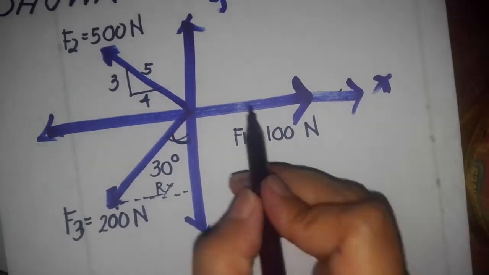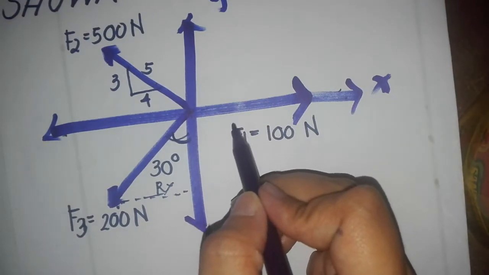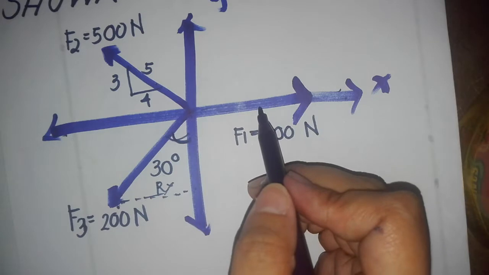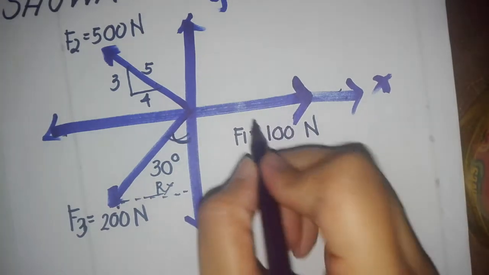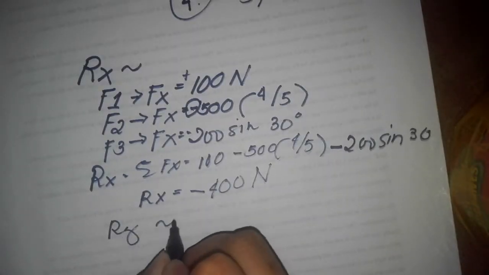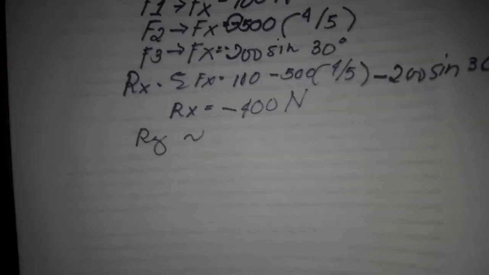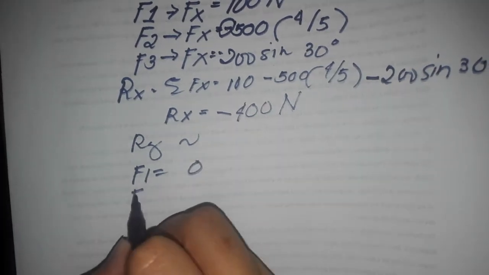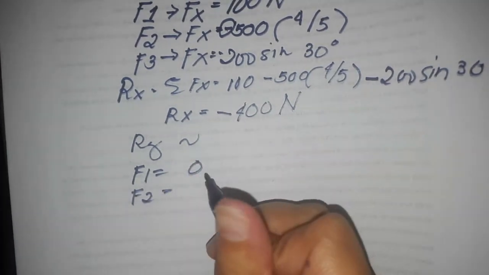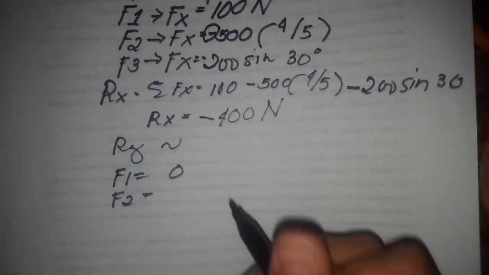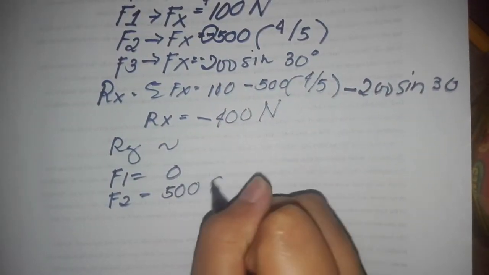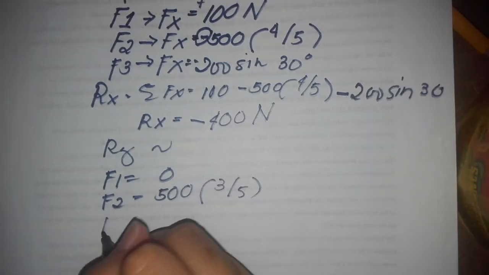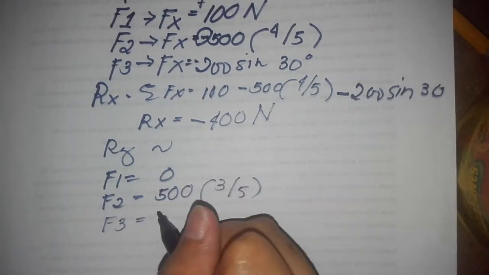Next, we should now consider the value of Ry. Since the first force is already on the x component, we could say that the value is equal to 0 or non-existent. Now, Ry. For the first force, 0. For the second force, positive since pointing upward, 500 times 3 over 5. For the third force, 200